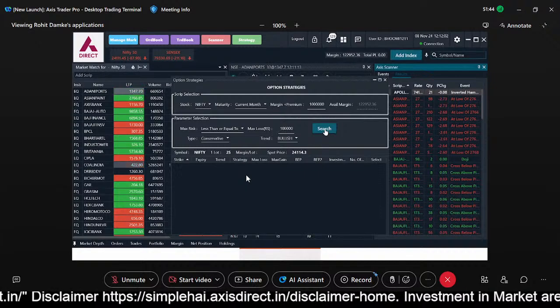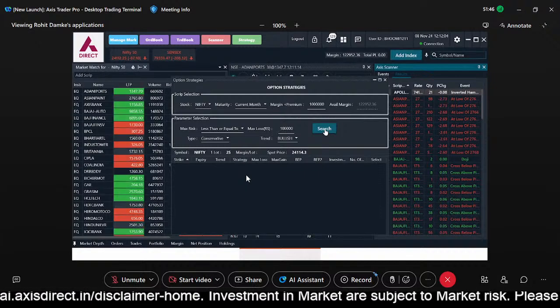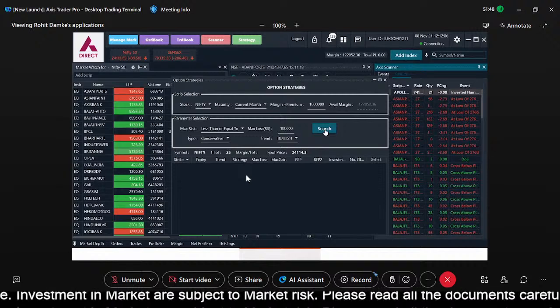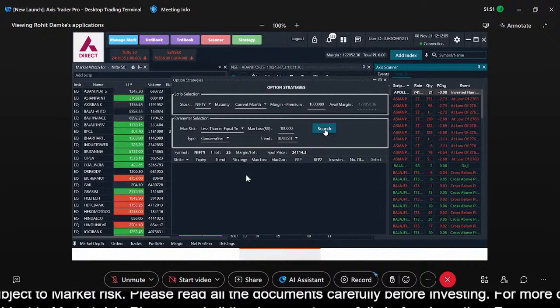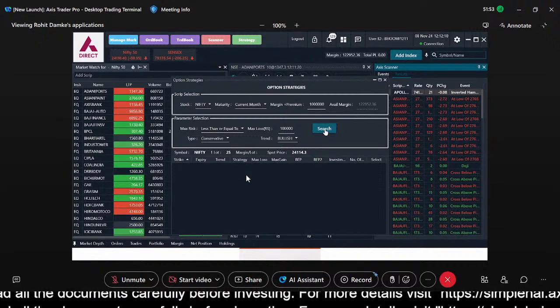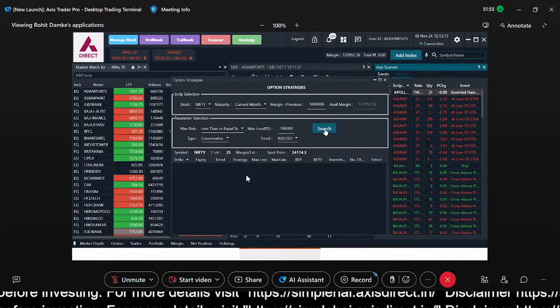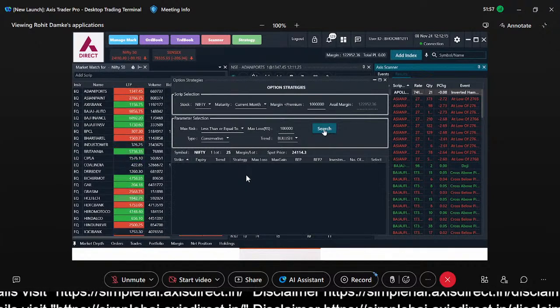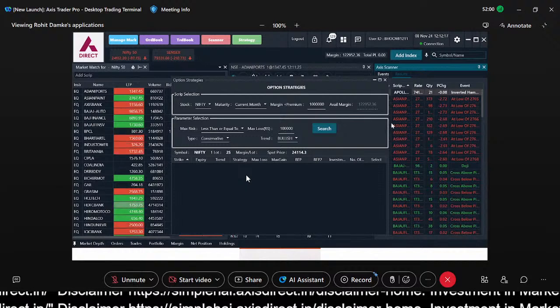Let it be on the buy side or the sell side, it's always better you hedge the strategies so that your loss and profit are defined. It's always better to preserve your capital rather than going in naked positions into the market. So here we are with the option strategies feature,